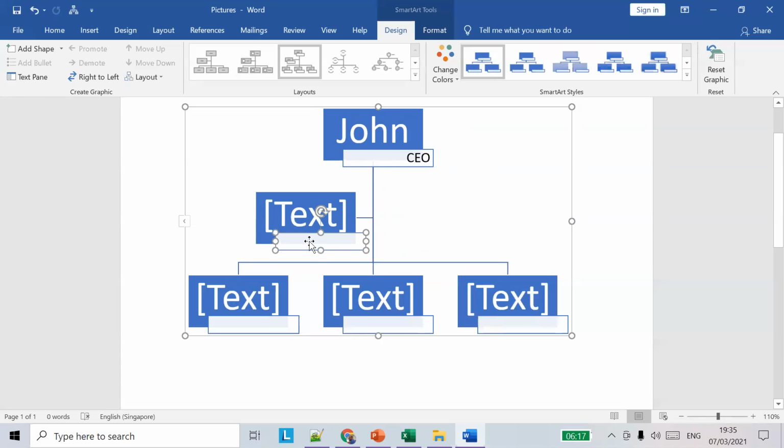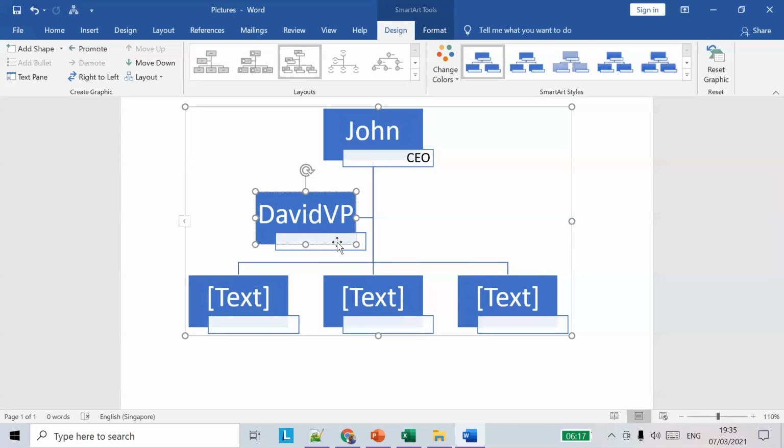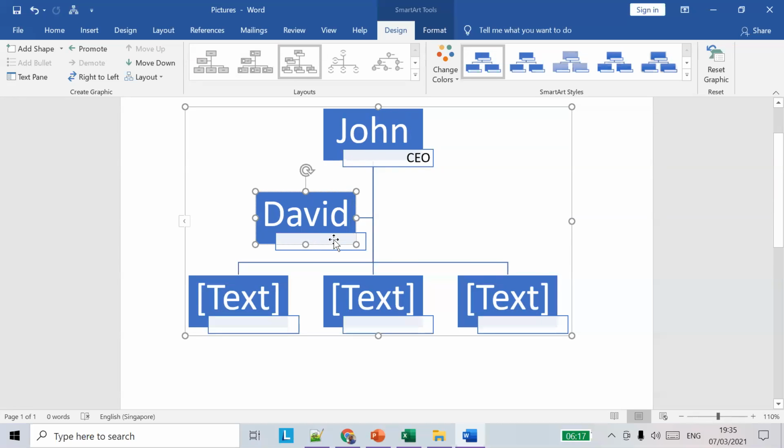Under that, let's say we have David, and he is the vice president. He is the VP of finance.